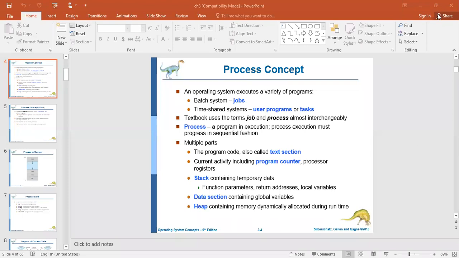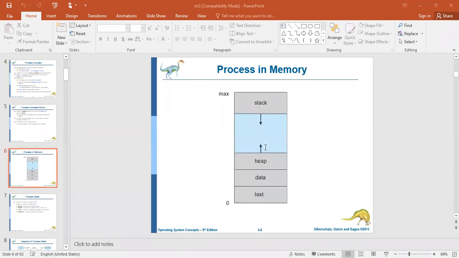So these are the various parts of the process. The process can contain these four parts. Here you can observe that stack and heap start at opposite ends of the process's free space. The space visible between stack and heap is the process's free space.